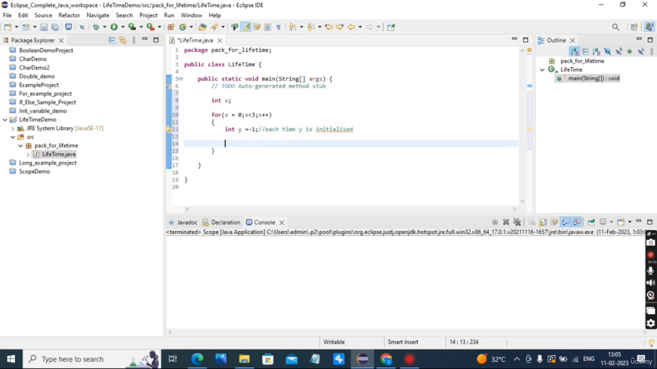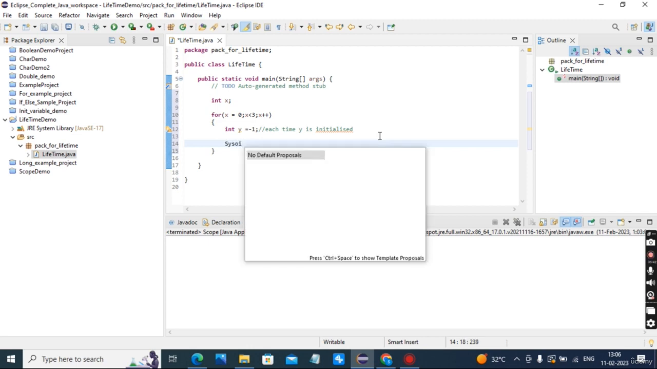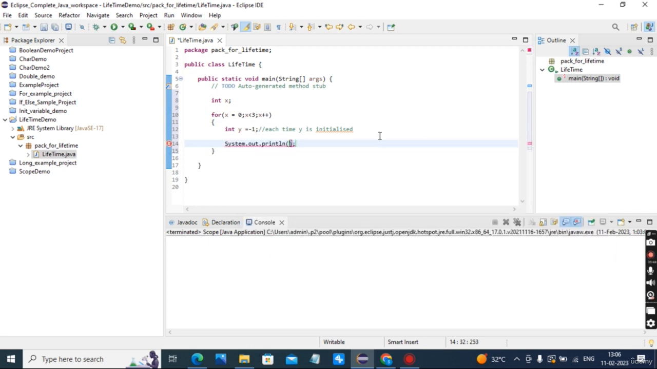What is the lifetime of a variable? Lifetime means it is created and destroyed. It is created and destroyed 3 times. Every time a new for loop iteration begins, a new y is created and it is destroyed. So I print this y here. y is